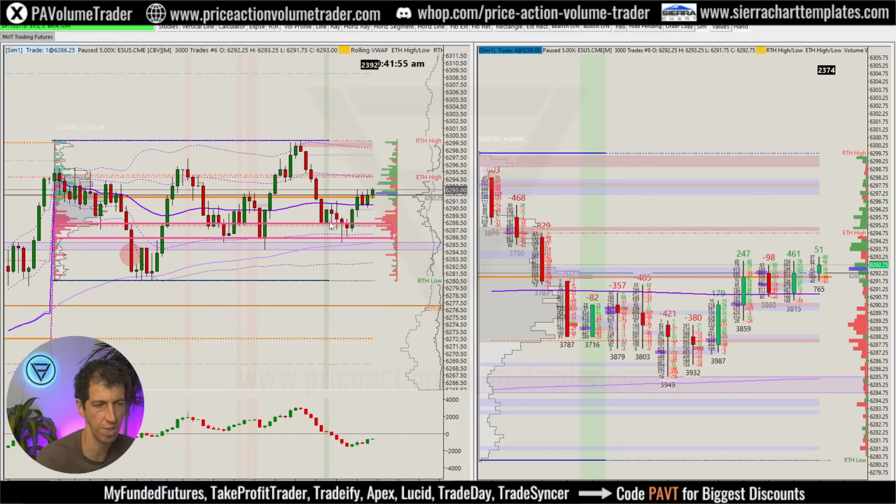You could have put a limit order to buy, or you could wait and let all this selling accumulation happen, and as soon as we break off of it and we get back above VWAP and above all this negative selling delta,